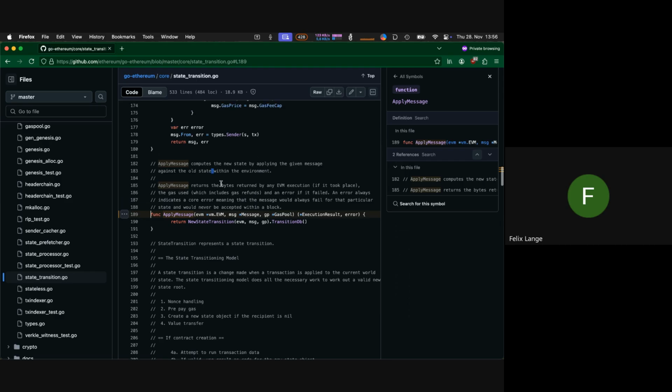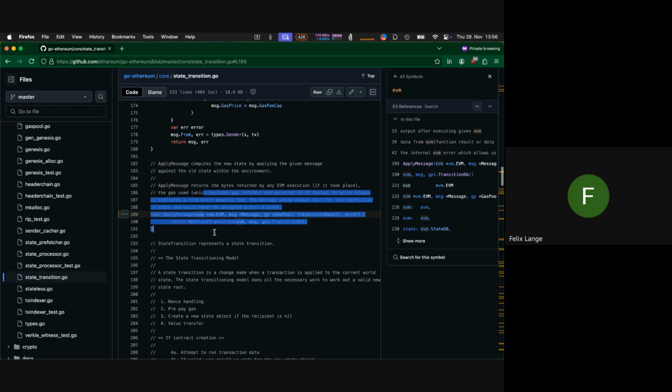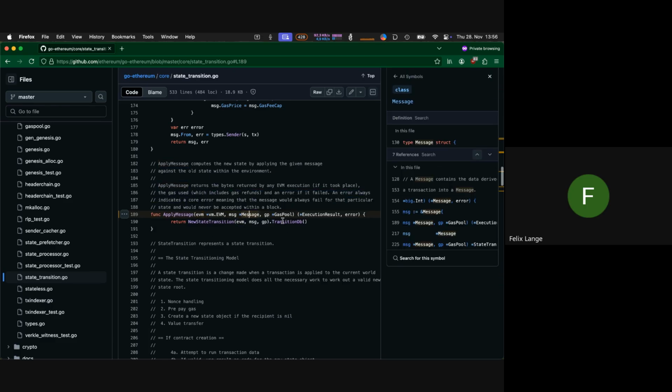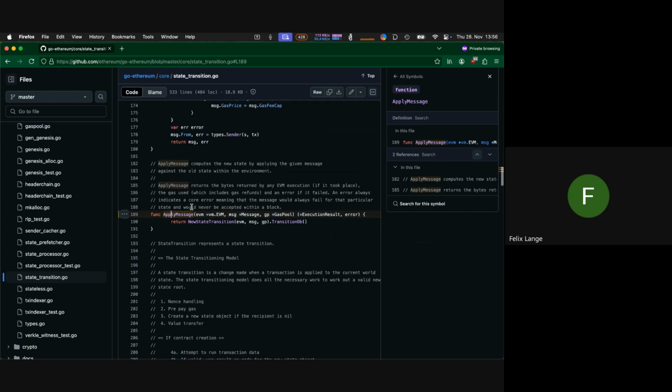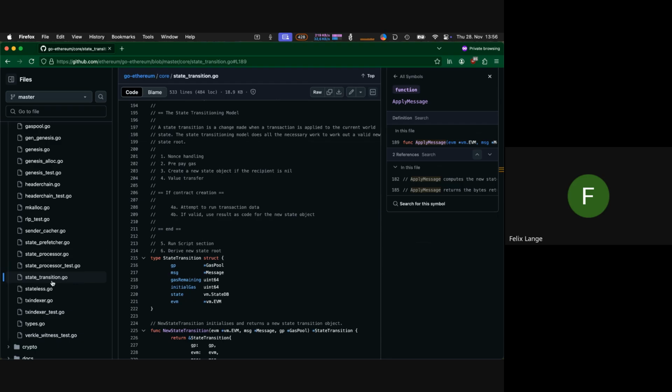So in the context of processing a block, we have this concept of applying a message. So message is typically a transaction, but it can also be a non-transaction. But basically, a message is just an internal representation of a transaction. It's kind of the same thing, it's just called a bit differently. And this, applying a message, is the actual Ethereum state transition as it is defined in the yellow paper as well. So this is where a single transaction is applied, and this happens within the state transition